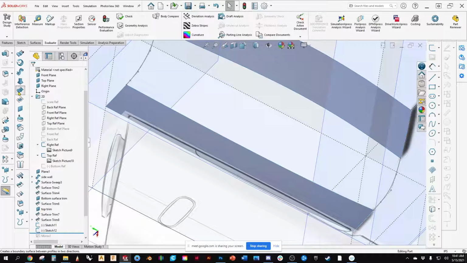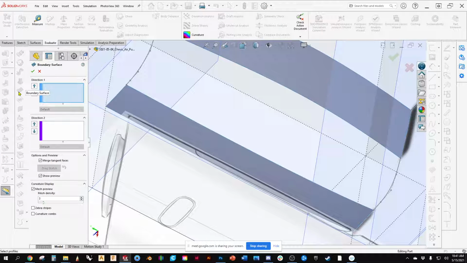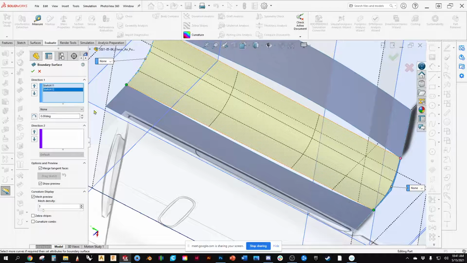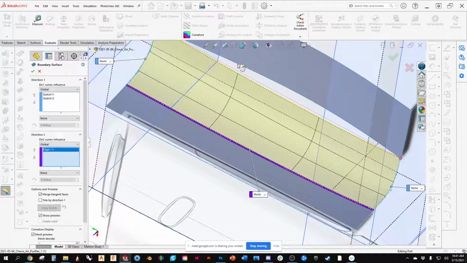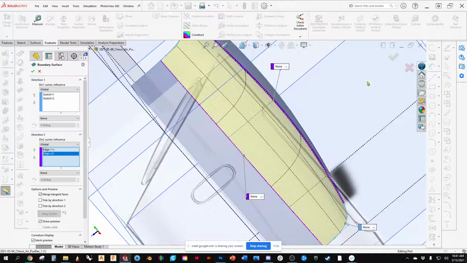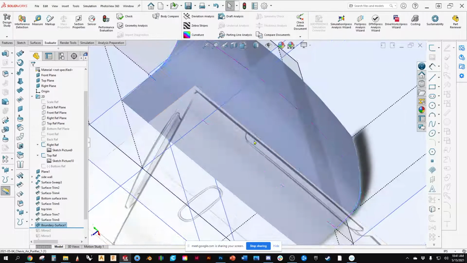Now if I come in and I use a boundary surface where I want to have even more control, I'm going to say from here to here, and you see that my feature allows me to do direction or normal. So what I'm going to do next is I'm going to go from here to here. Now, if I hit accept and I drop it down and I stitch it,